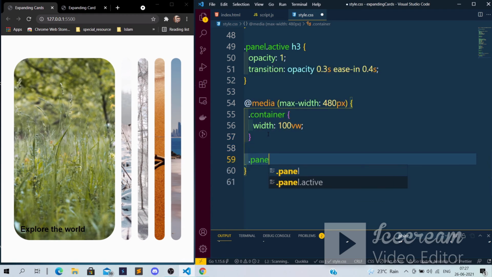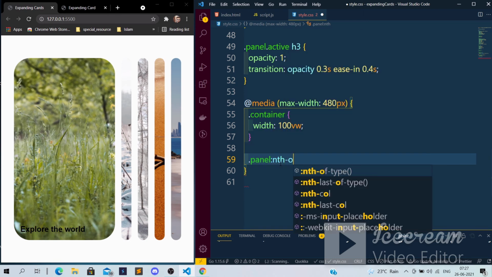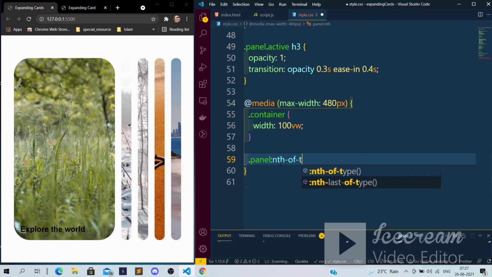Now what I will do is, as I said already, if the screen size is lesser, I just want to show the 3 cards. So that's what I'm doing. I'm iterating over the panel and I'm checking for nth type. I just don't want to show the last two background images, the last two panels, if the screen size is maximum up to 480 pixel. So if the panel is 4